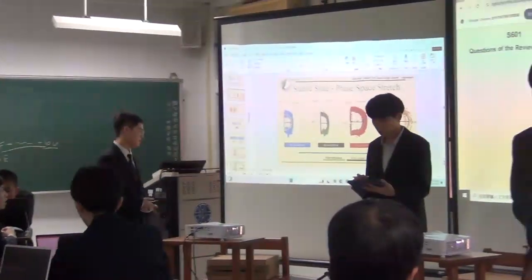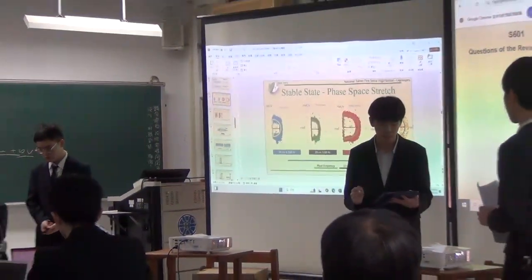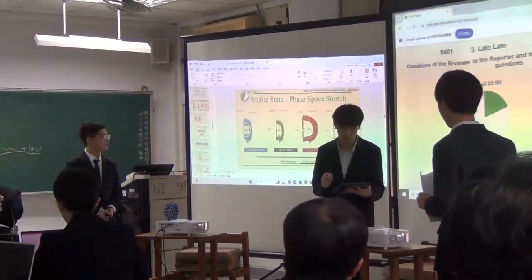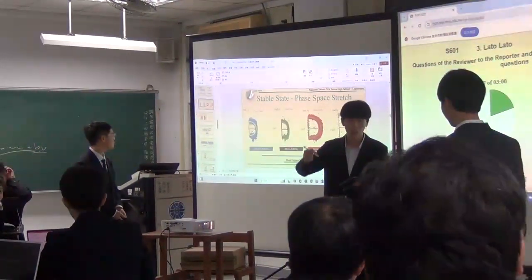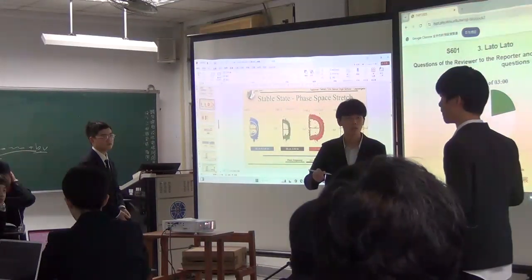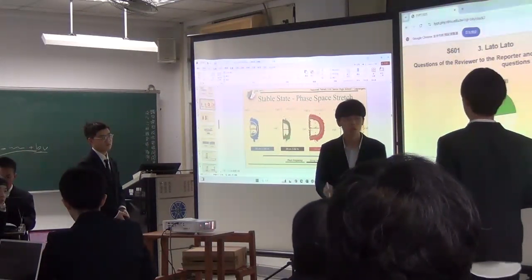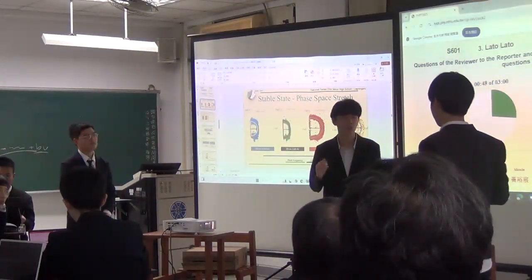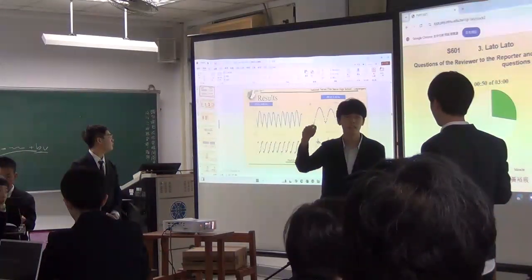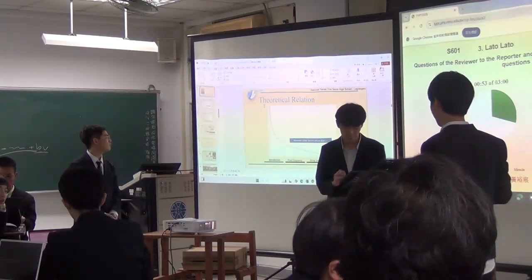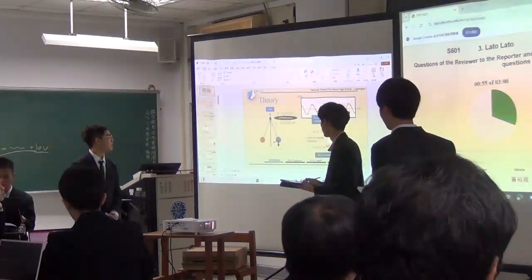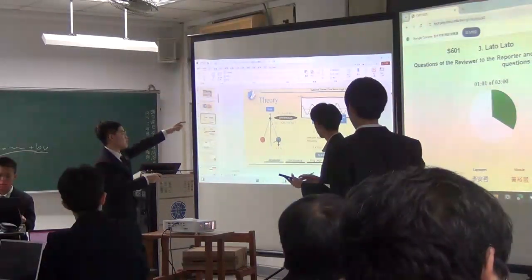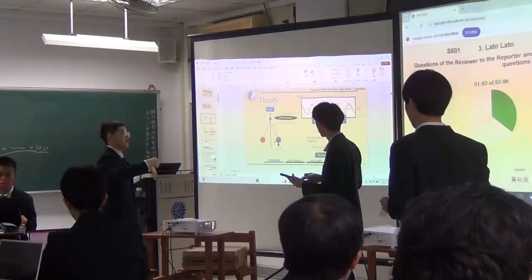Okay. And so for the opponent, you mentioned there's a slack of strings. What specific time interval do you think the slack of strings will happen when the lato oscillates downward? I think when it oscillates down, it will be all the time. Is there a specific data, like the theta angle or something like that? Okay, and how about the reporter? Well, this will depend on the acceleration, which I have calculated through this formula. So when the acceleration is downward, you will have the string slack.